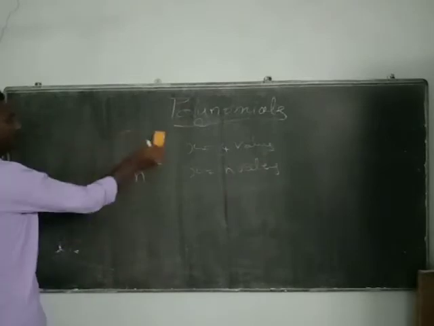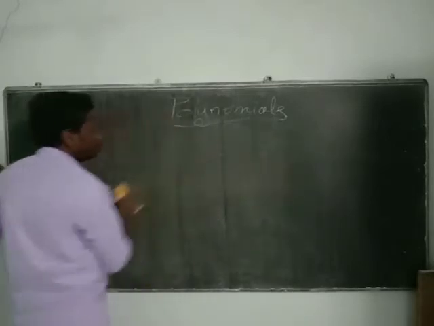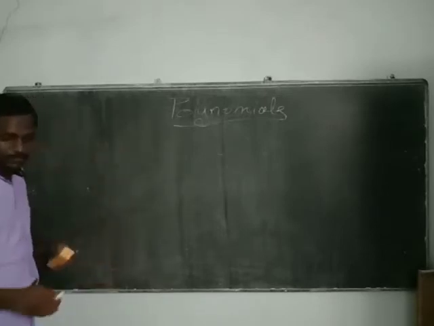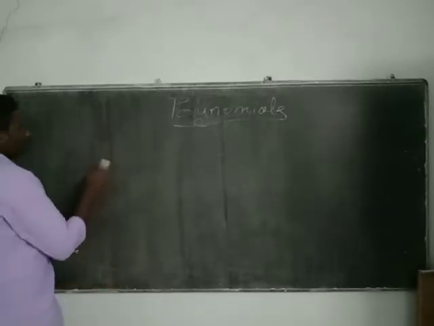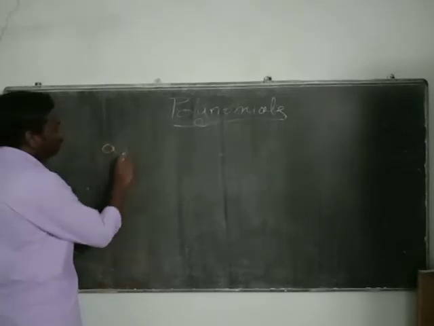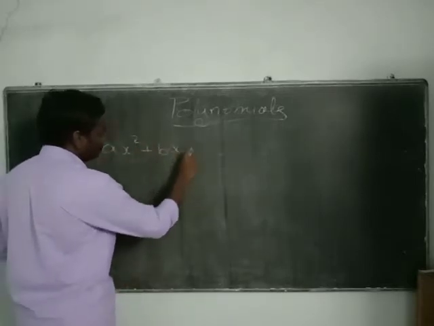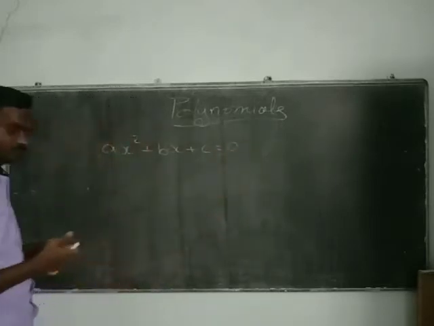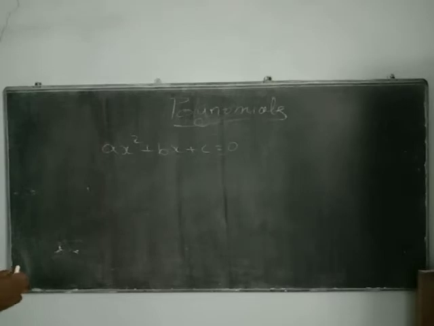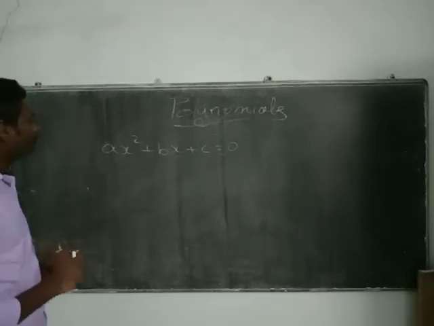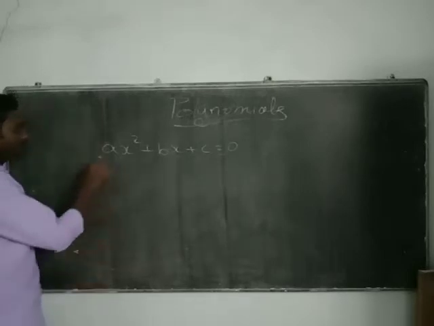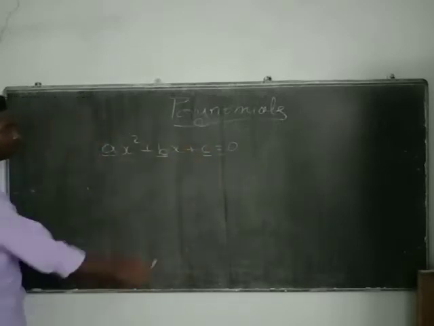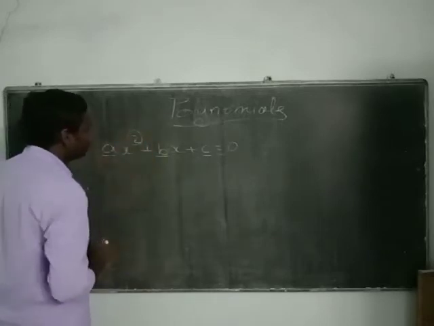Right. Now let me take a square equation, suppose having a power of 2. Then the equation will be in the form of ax square plus bx plus c. This is also a form of a quadratic equation. Let me take a polynomial which is having ax square plus bx plus c. Here a is a coefficient, b is a coefficient and also c is a coefficient. Now 2 is the highest degree or power.